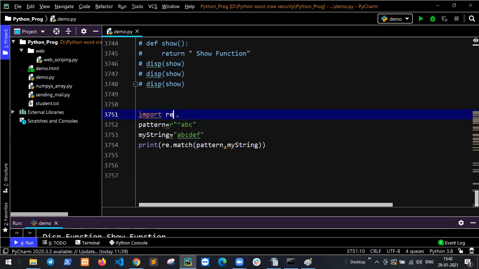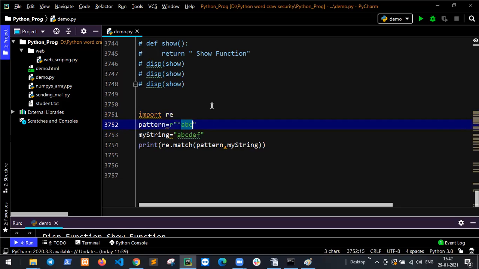RE means regular expressions, so import the RE regular expression module, and then the pattern. What is a pattern? The pattern is what you use to check these points.